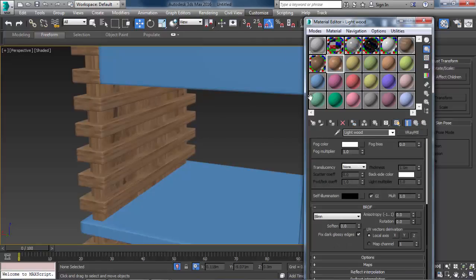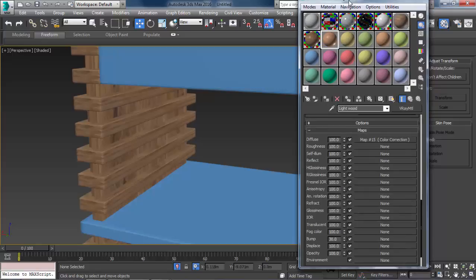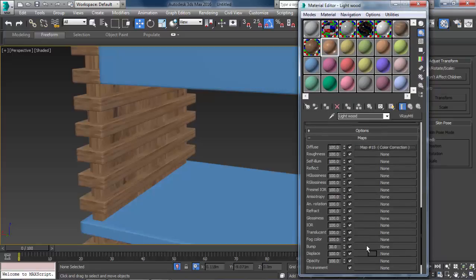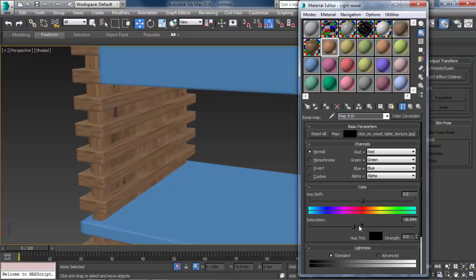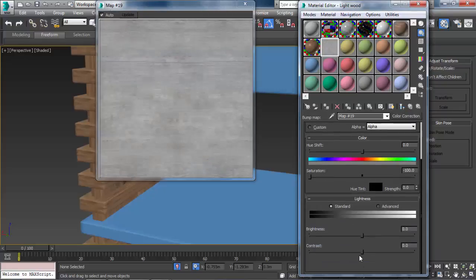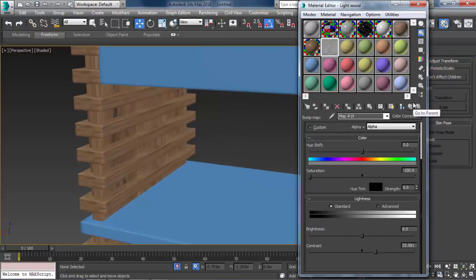We'll do the same for the second material, the white wood material. In the bump. And we'll take off all the saturation. Just the brightness and contrast a little.